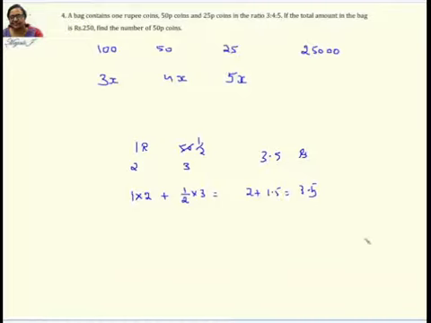Now you have converted this into a quantity. This is no more a ratio. 3x is a quantity, 4x is a quantity, like here I mentioned 2 or 3. The same way, this is also a quantity. And this quantity you have to multiply by the value of that quantity. That's what we are doing here in this problem. Again here, 4x into the value of that, 50, and 5x into the value of that.